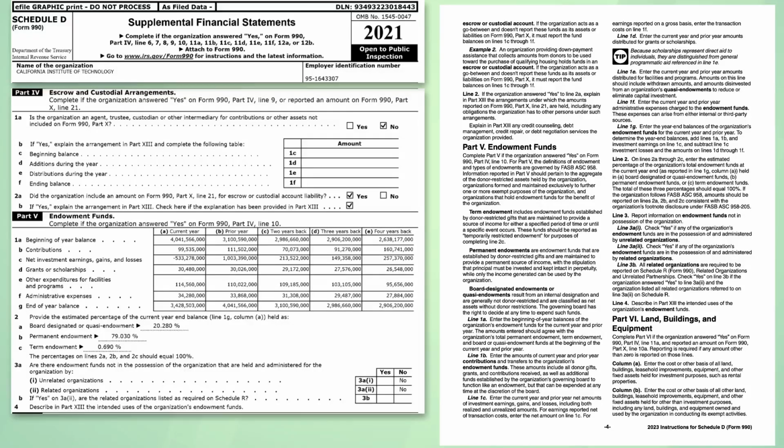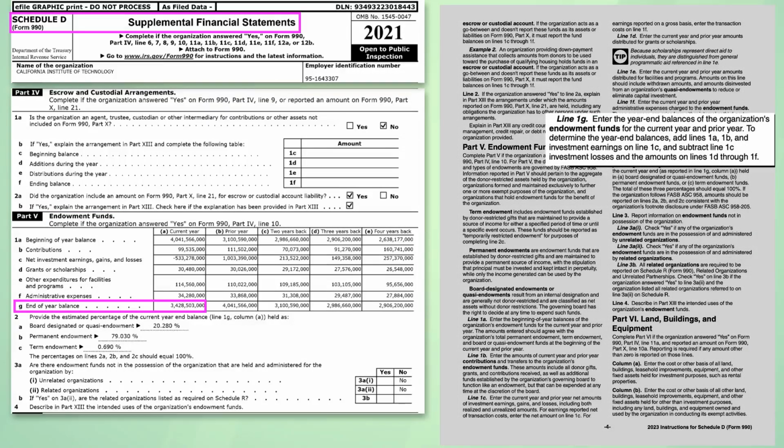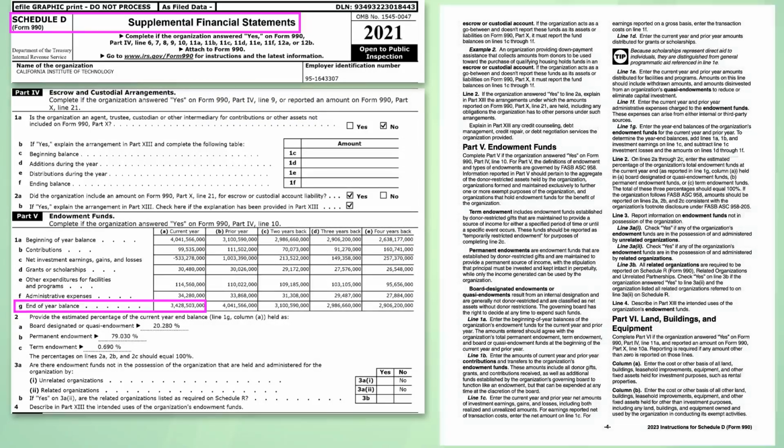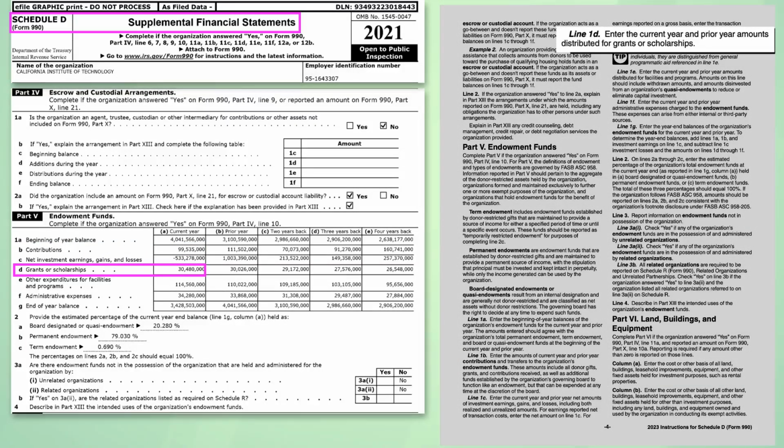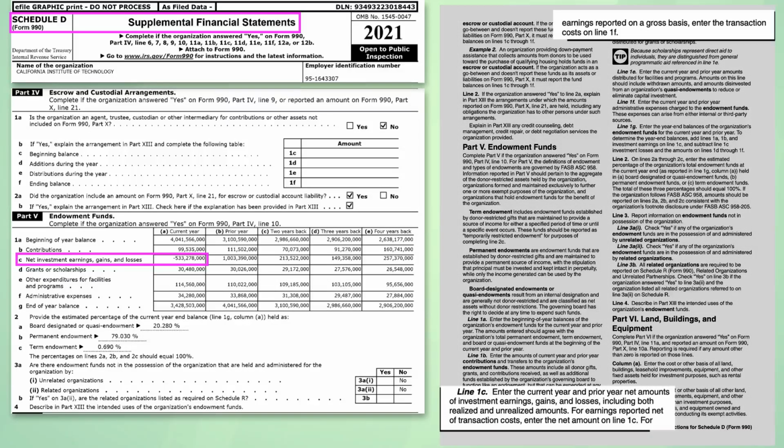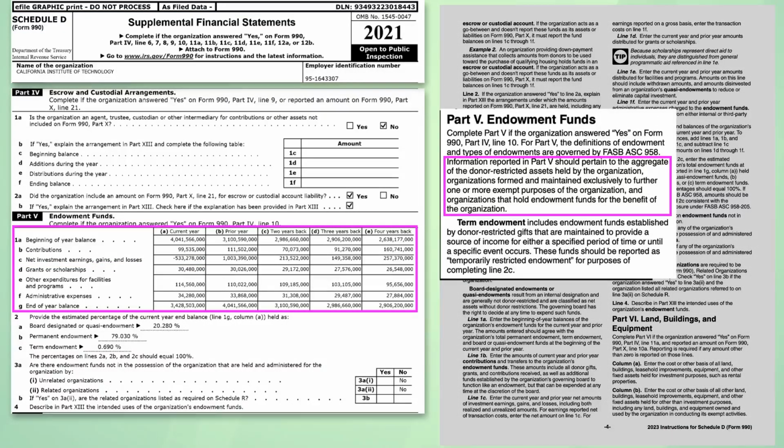Since this filer is an educational institution, you can review its endowment on Schedule D, Part 5. CalTech's current year-end balance exceeds $3.4 billion, with $99 million in contributions, $30 million in grants or scholarship distributions, and a net investment loss of $500 million, which includes both realized and unrealized amounts. You can also view endowment balances for the past 5 years, including donor-restricted assets and assets held for the organization's